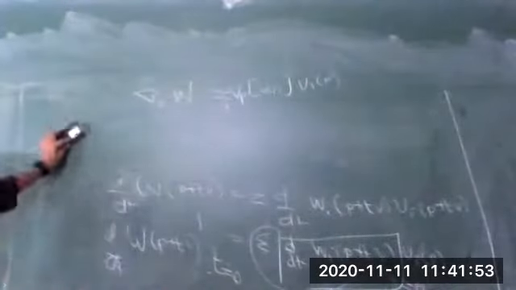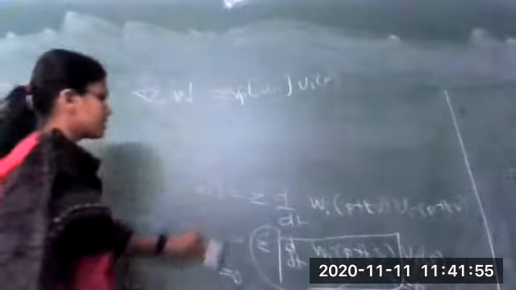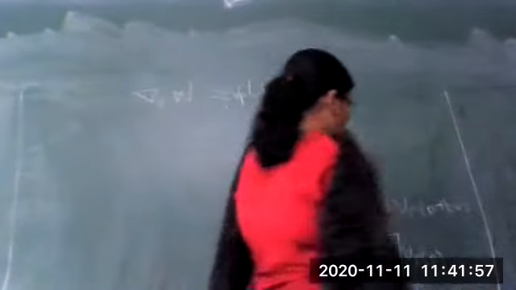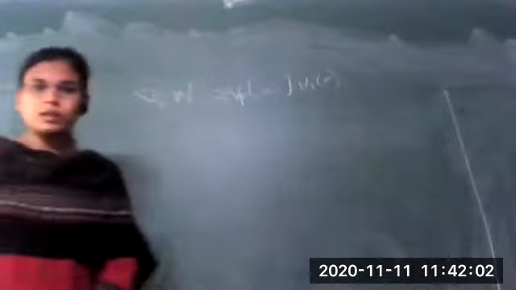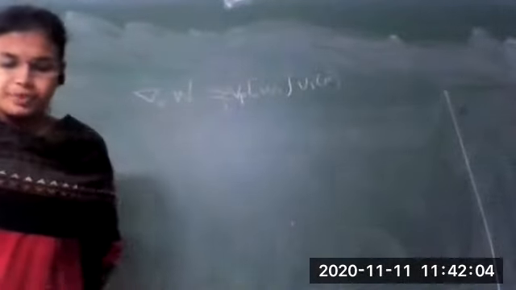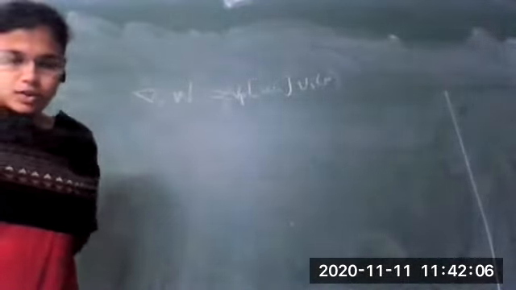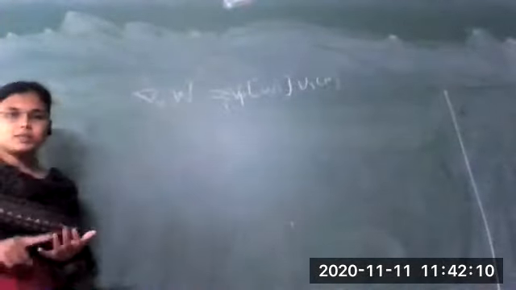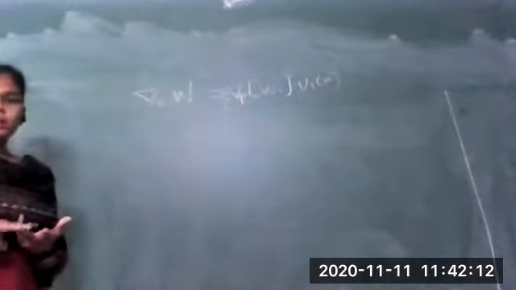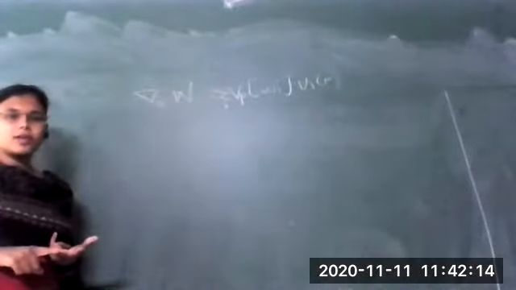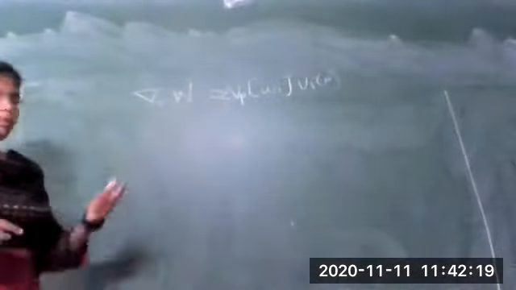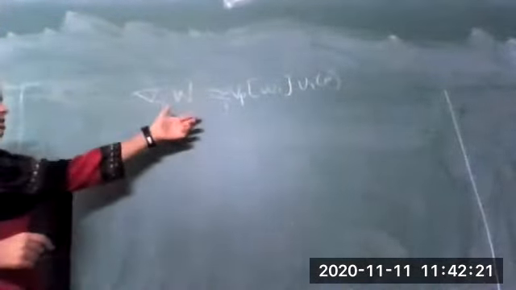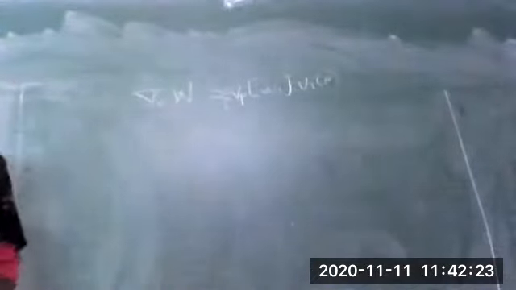So hence the proof: the covariant derivative is nothing but a linear combination of the directional derivatives, and we have already proved that the directional derivative is nothing but a linear combination of the partial derivatives. You can solve the example by the direct method: find W of (P plus tV), then find the derivative with respect to t, and you will get the answer. Or you can go by this theorem, that it is nothing but the summation over i of V_i times the partial derivative of W.